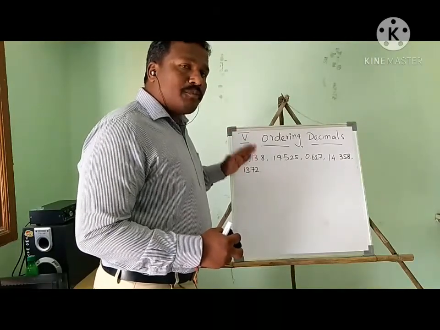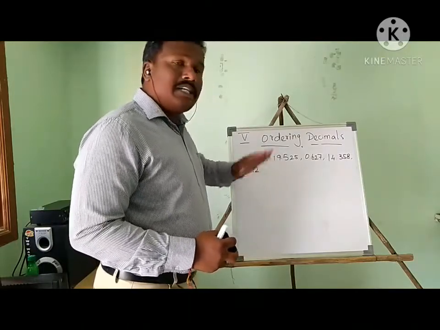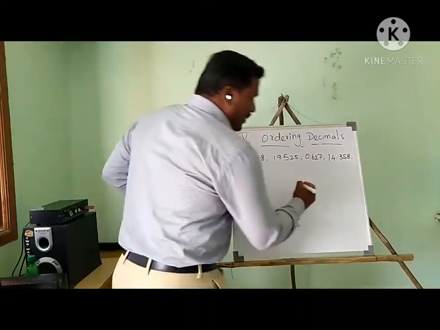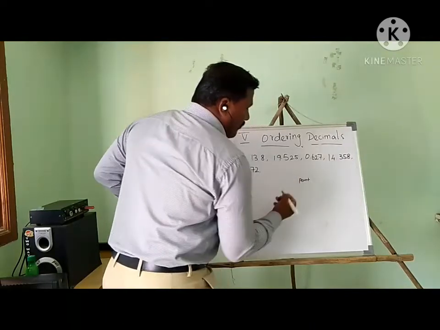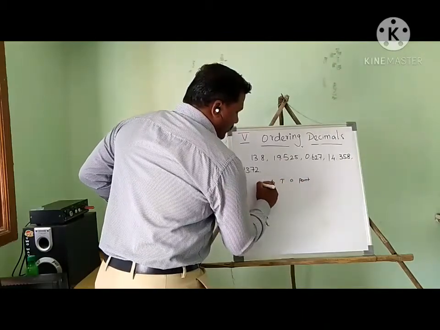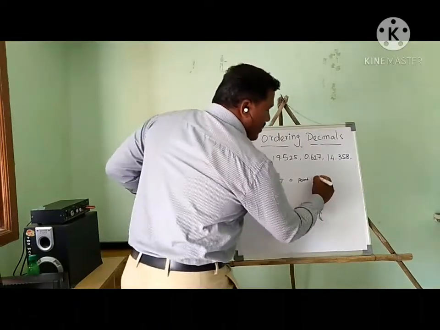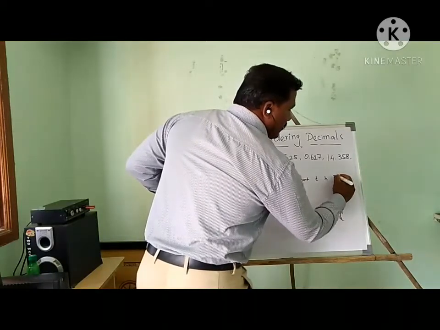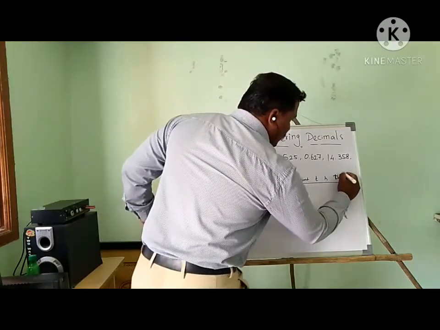Before ordering, I have to place all the decimals into the place value chart. You know very well the place value chart. First, in the middle is the point, the decimal point. Then ones, tens, 100, then 1000 on the left side of the decimal point, and on the right side you know very well what is 10, 100, 1000. So this is a decimal point, and this is a table.